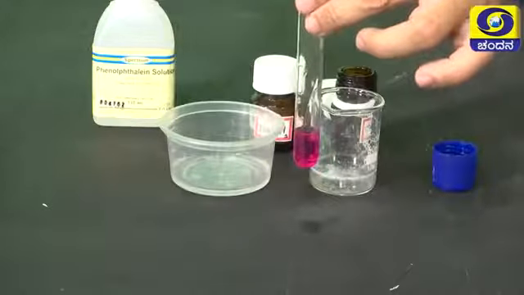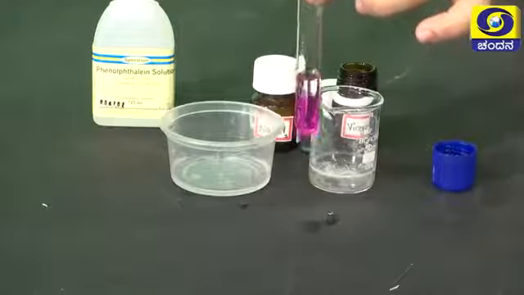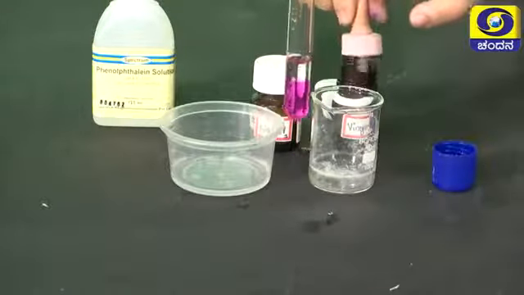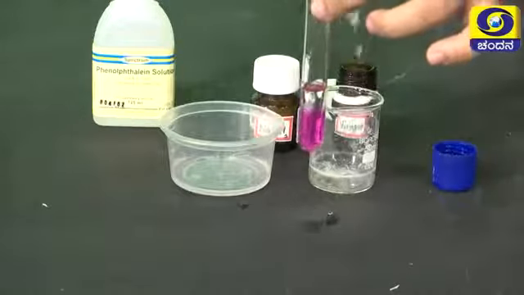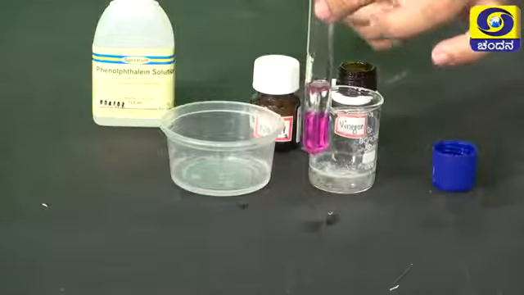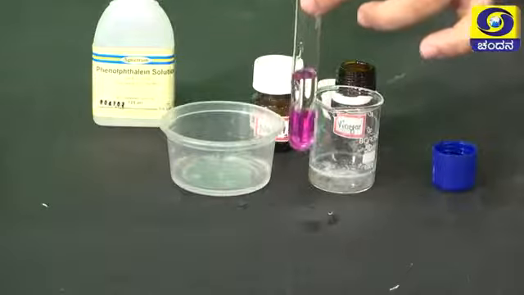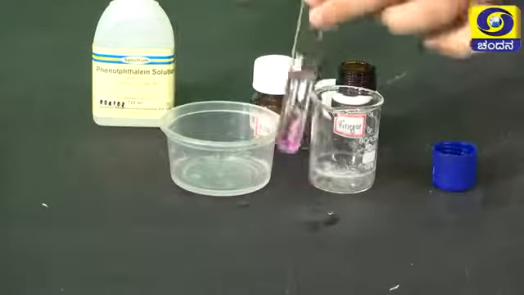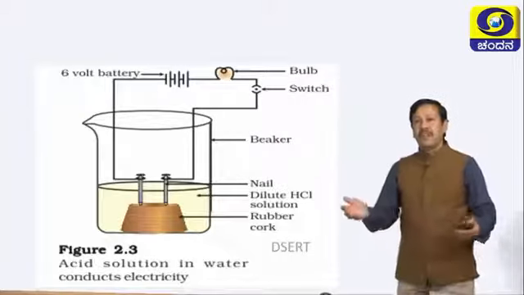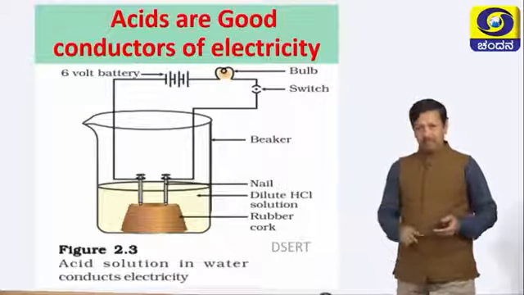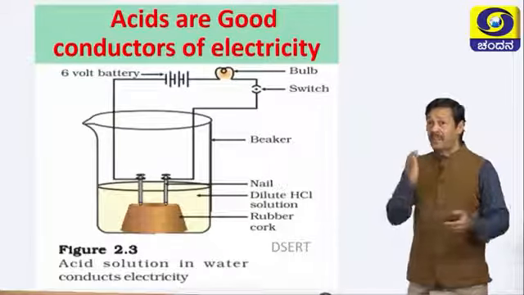Gradually the color is fading. So, observe the solution slowly turning colorless because NaOH is neutralized by the acid vinegar. So, gradually it turns colorless. This is a neutralization reaction. Here you are seeing a very important diagram. This is there for your examination. So, I think you practiced several times.